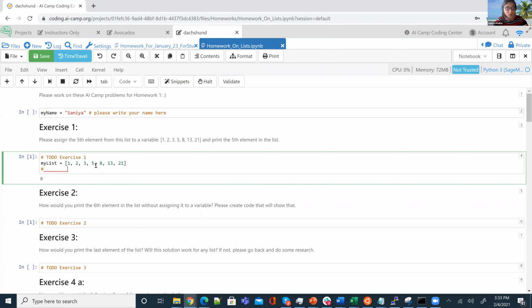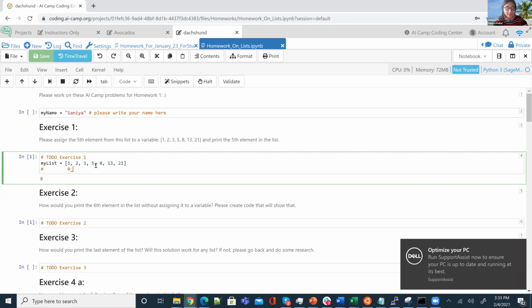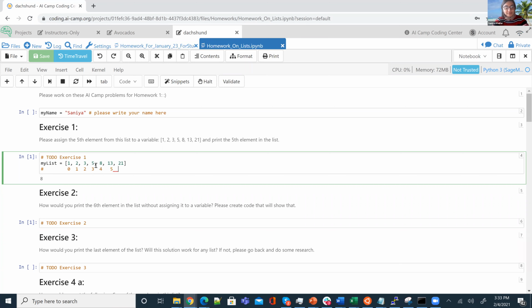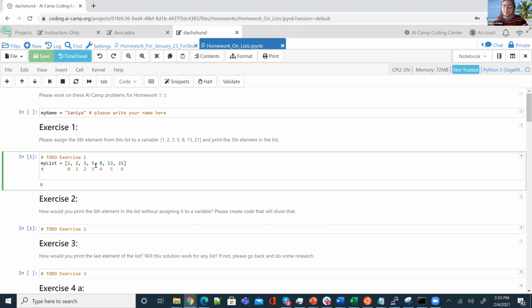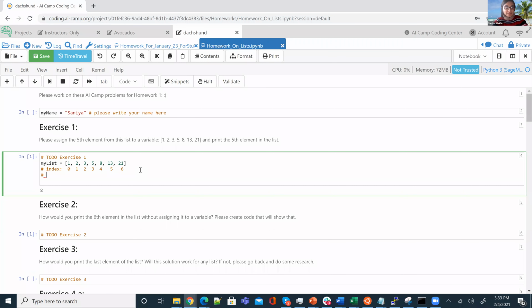And in a list, we have the indices. So the first element is index 0. Then this is index 1, 2, 3, 4, 5, and 6. So these are the different indices in a list. And in terms of elements,